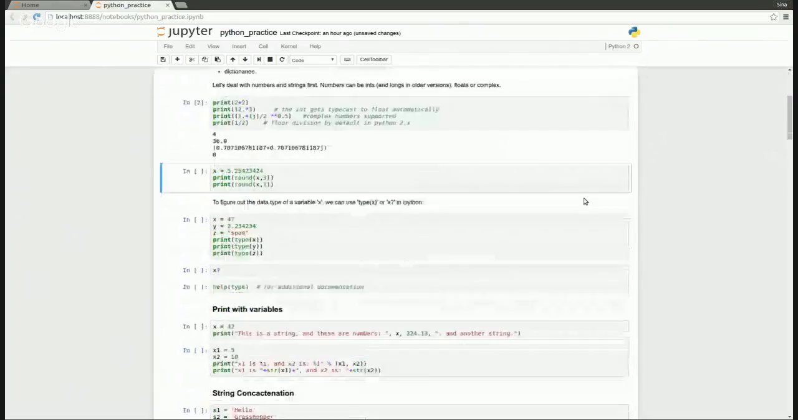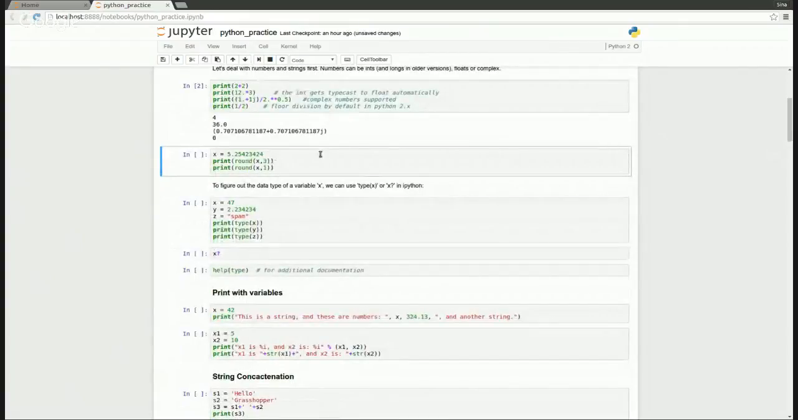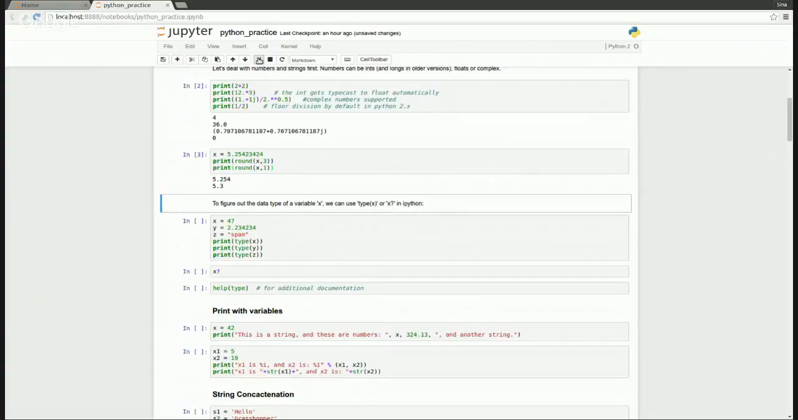So continuing with this, if you want to deal with precision in Python, you can use the round method, which allows you to, in the first example, round to the third decimal. In the second example, it's going to round to the first decimal. Just running this, you can see 5.3, 5.2,